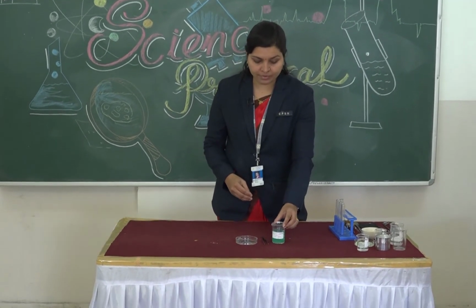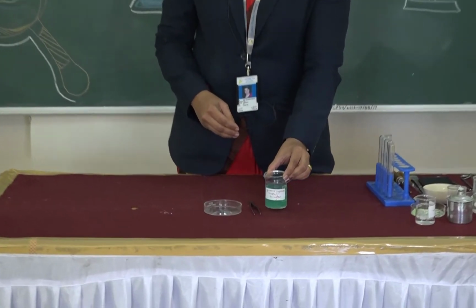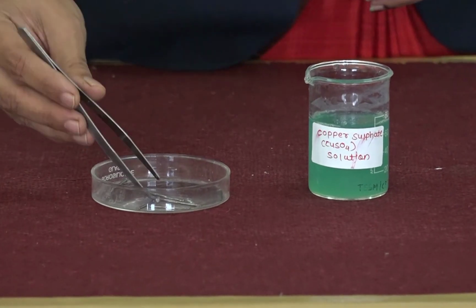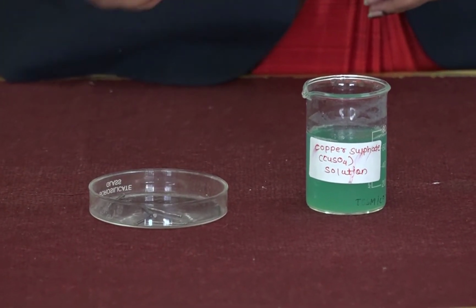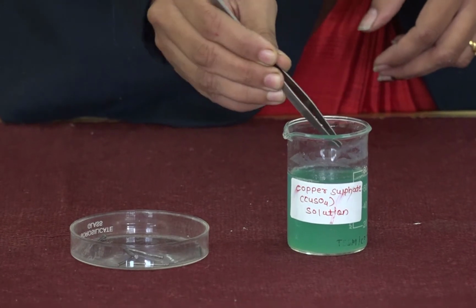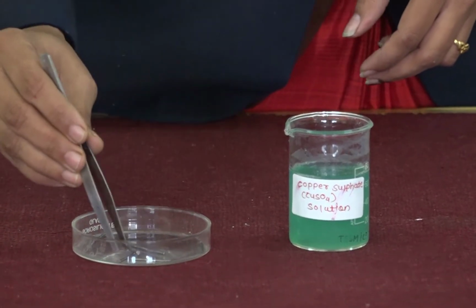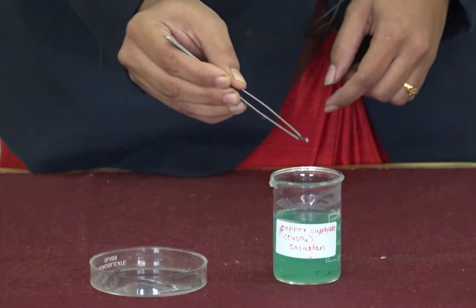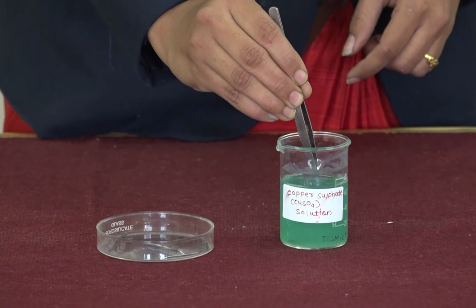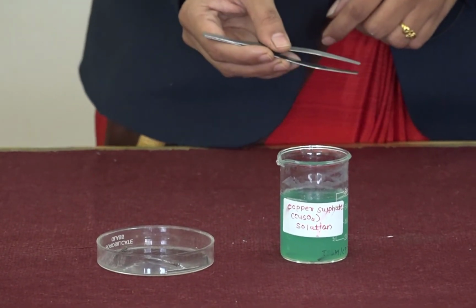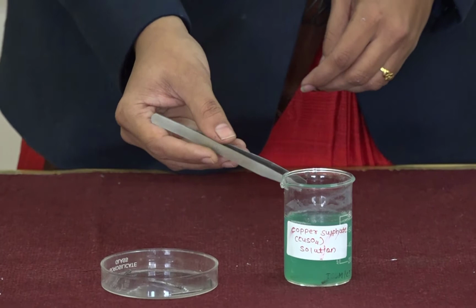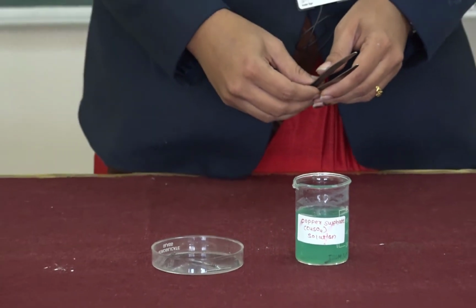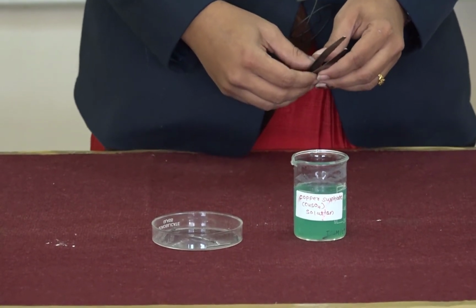So, take a copper sulfate solution in a beaker and insert iron nails into this copper sulfate solution. You can observe previously the iron nails are steel grey in color and the copper sulfate solution is blue in color. Leave it undisturbed for an hour and observe the change in the color of the solution and metal deposited on the iron nails.